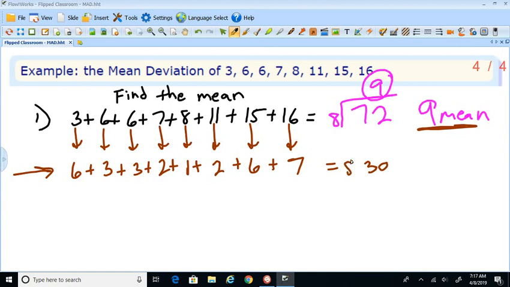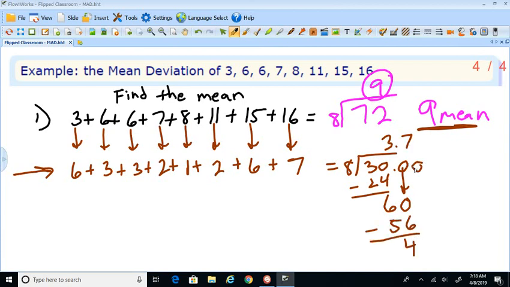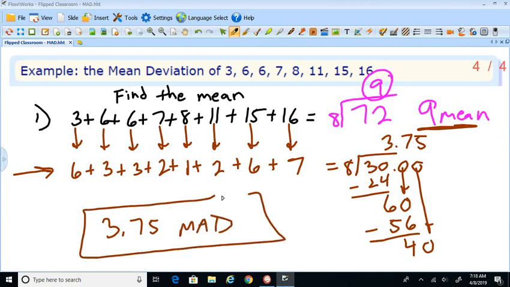30 divided by 8. It's going to go into it 3 times. 24. Subtract, you get 6. Decimal, decimal, 0. Bring it on down. 8 goes into 60, 7 times. 56. 4. 1 more 0. Bring it on down. 40. 8 goes into 40, 5 times. So 3.75. This is your MAD score, your mean absolute deviation, which tells you that on average, any data point